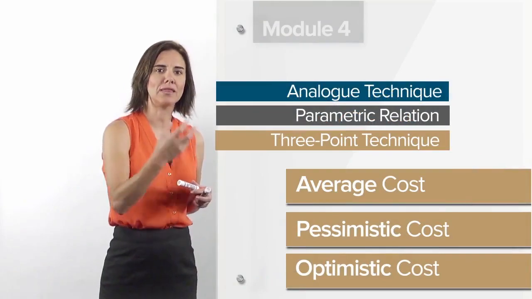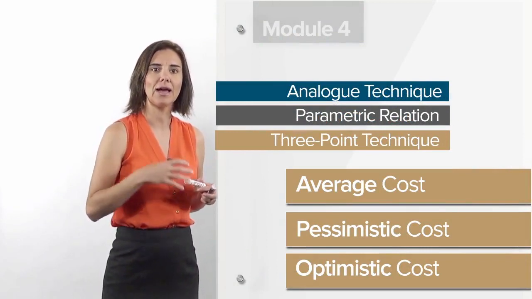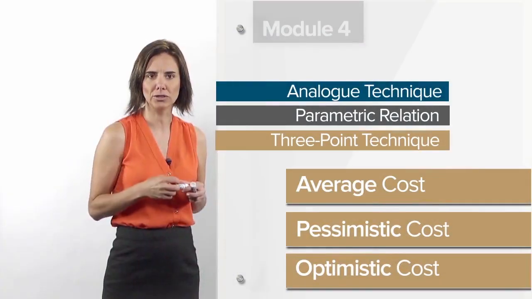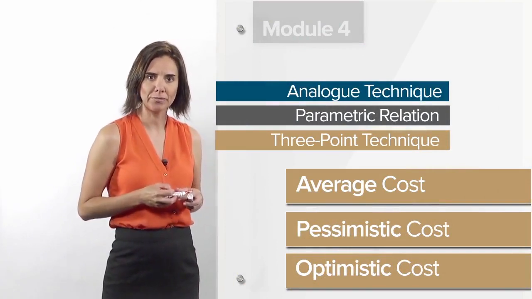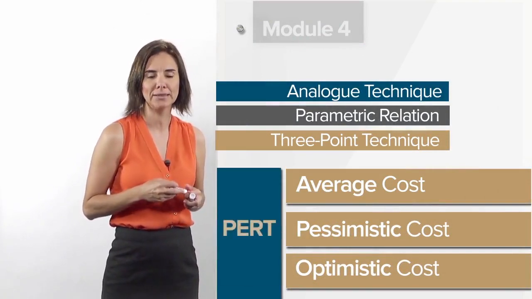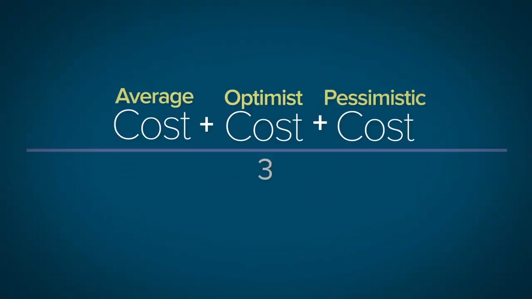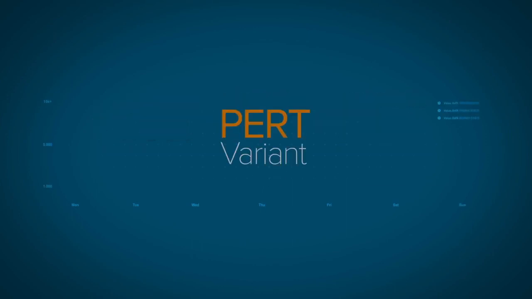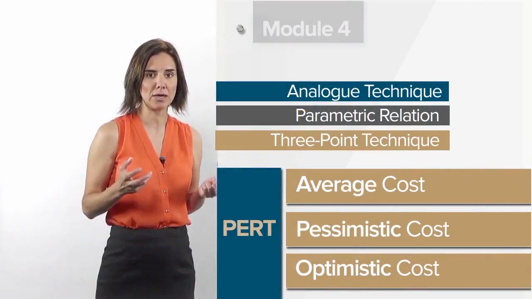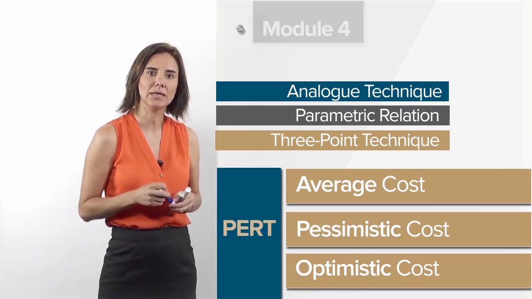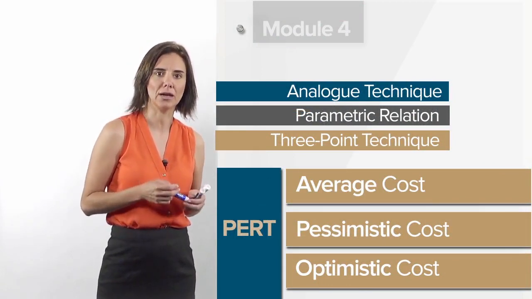What happens if we want to give more weight within our equation to the most frequent cost? Because actually we realize that that activity we have done many times, in 80% of the cases, is close to the average cost. What we're going to do is apply the PERT variant to the 3-point rule. We multiply the average cost by 4, and we divide our number by 6. This gives more weight, more power to that average cost, and with that we obtain the cost estimation of our activity. We apply the same rule to all the project activities, and we're ready to start to prepare our resource